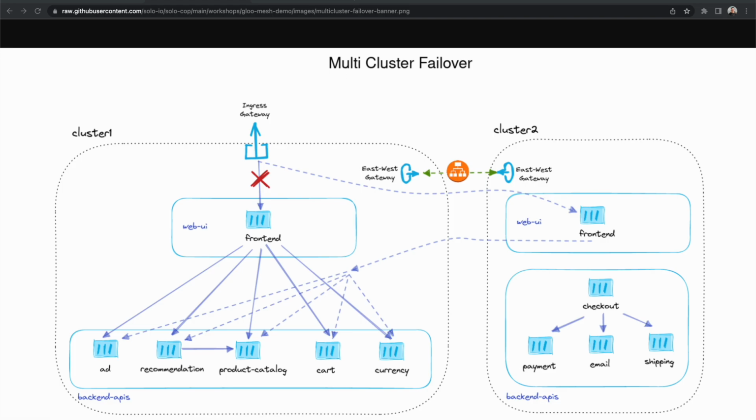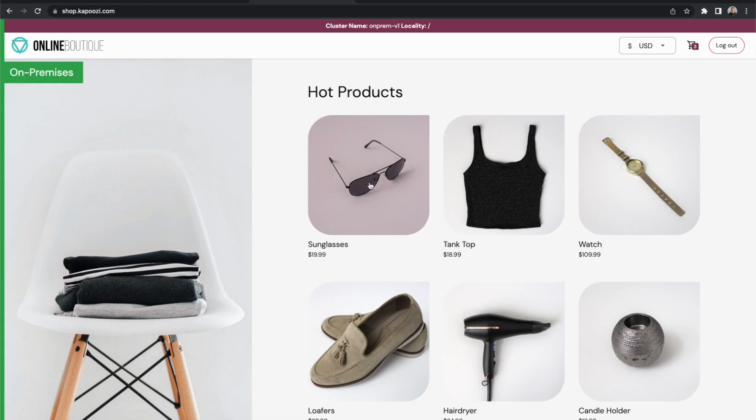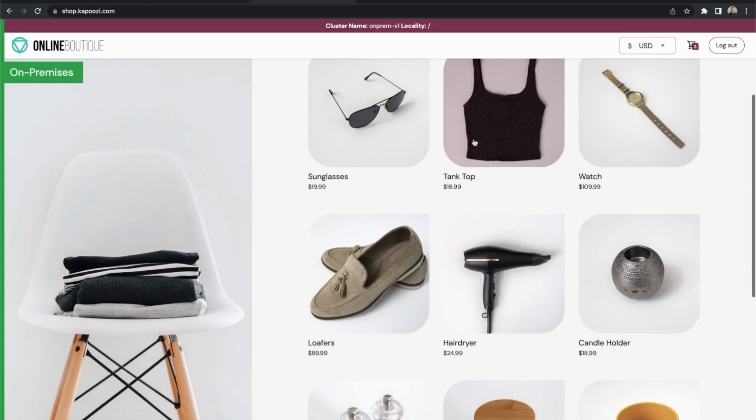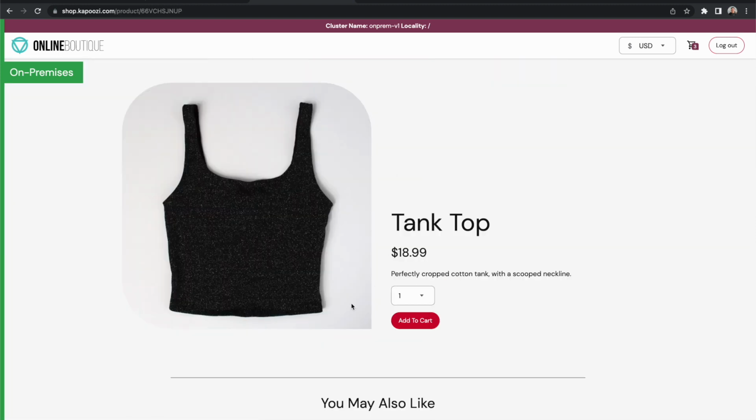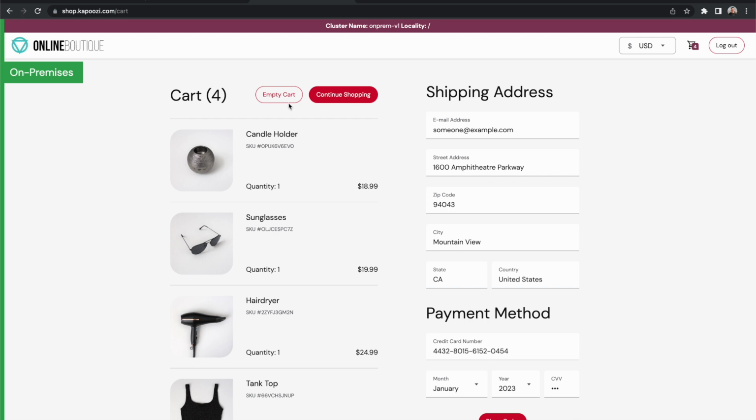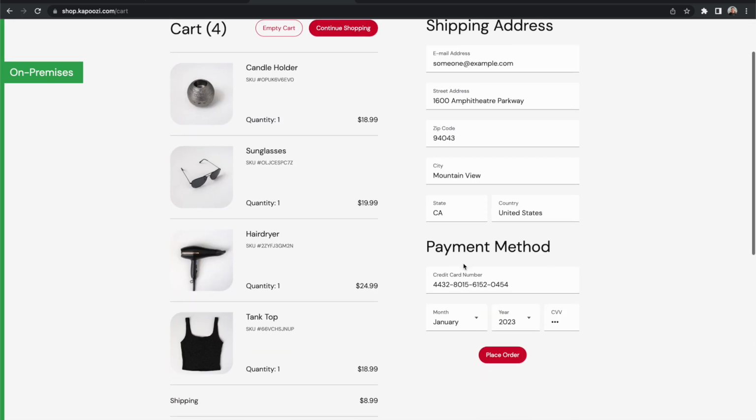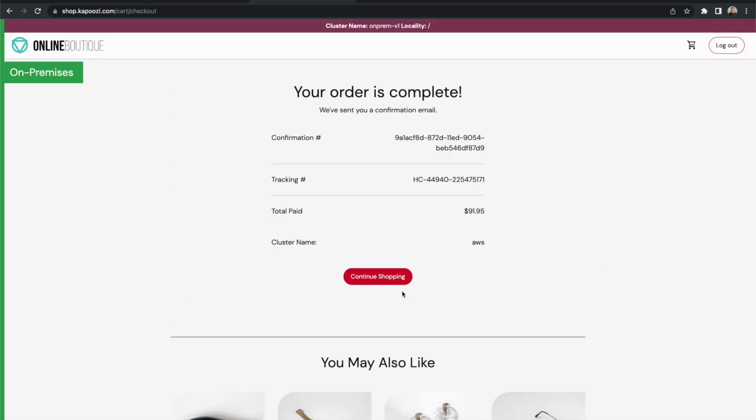If you can see here, our application is running. It's just an online boutique application. I can go ahead and purchase a couple items or add a couple items to my cart and eventually place an order. You can note here that my checkout service is being served by another cluster in this mesh,